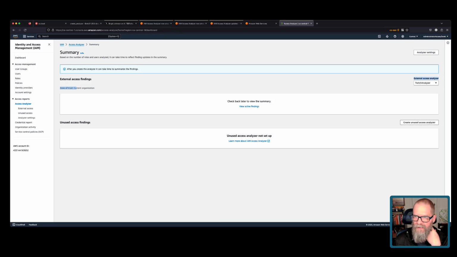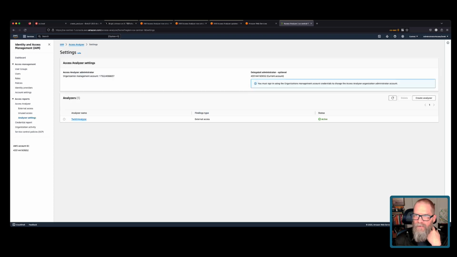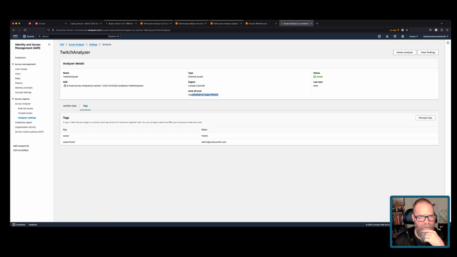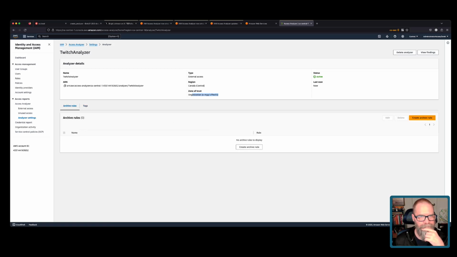So it looks like we need a second analyzer. So I can go under Analyzer Settings. Here's our Twitch analyzer, and this is it, right? So here's our zone of trust. This is what they're going to call an external analyzer. And you can see here are our archive rules. We don't have anything there. Here are our tags. Okay. So I think then what we could do